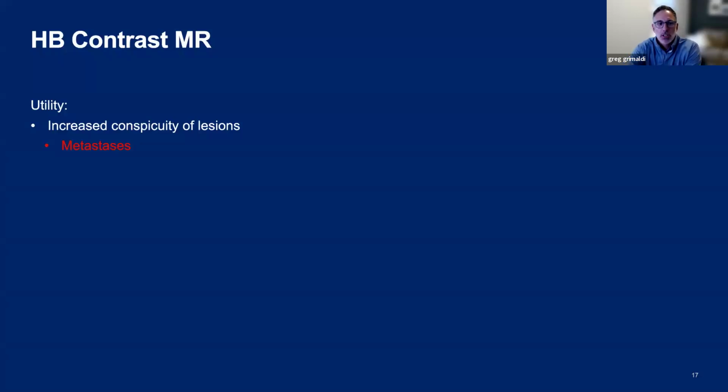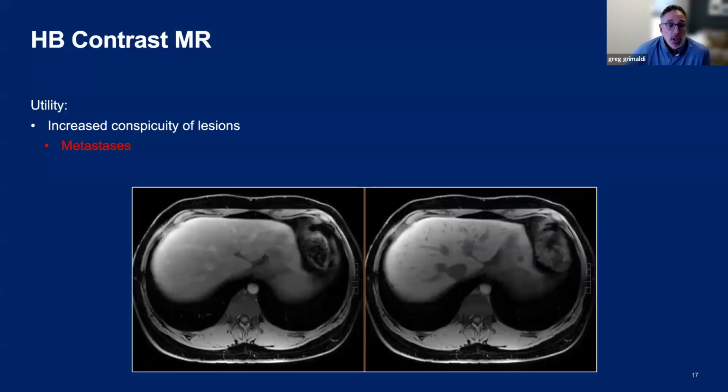So if you're at a center that does a lot of colorectal cancer, we often do Eovist enhanced MRI for patients with colorectal tumors because that's one of the tumors that we can use surgery on and potentially cure patients if we eliminate all the metastatic disease, right? Most other tumors, pancreas, breast, if you have liver metastases, it's really not going down the route of surgery, but colorectal metastasis, there's potential. So here's a patient where at post-contrast imaging,